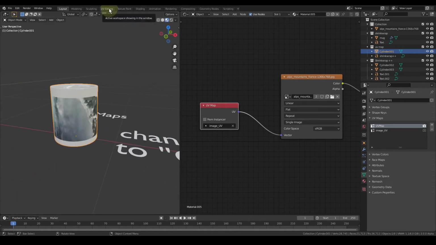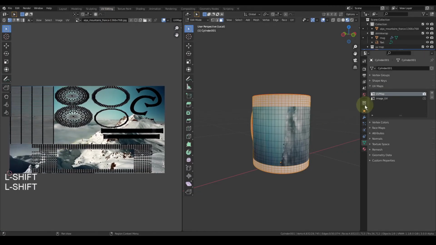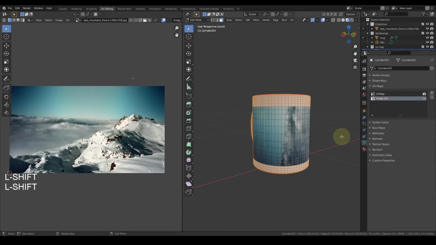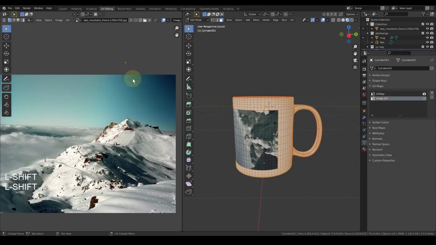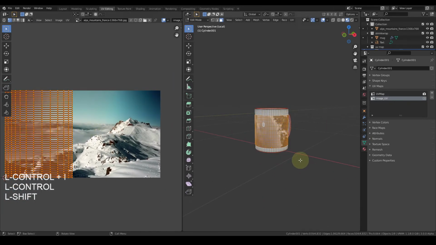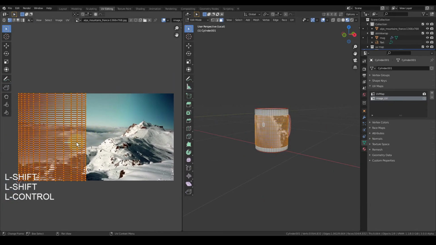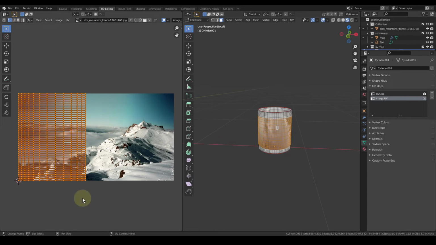So what we'll do is we'll go to the UV editing tab and we are going to select the UV image. Again I'm going to select the inverse. The faces that we unwrapped are here, but they are being positioned vertically, so we'll have to rotate it,